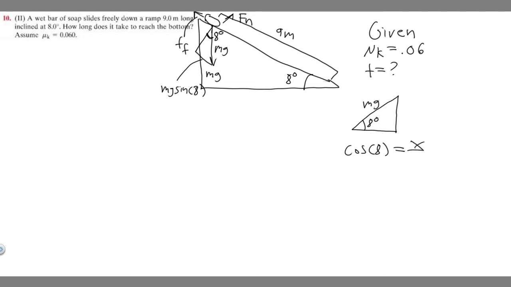So it's going to be x over mg. So it's going to be equal to mg times the cosine of 8. So that's going to be this side right here, right? So that's this, mg times the cosine of 8 degrees. So now we have it all aligned on our y-axis, right? X and y. So the way you want to do it is, I'm going to redraw,